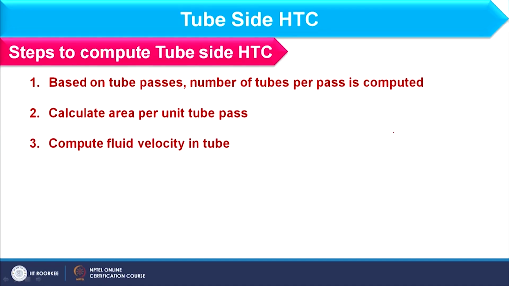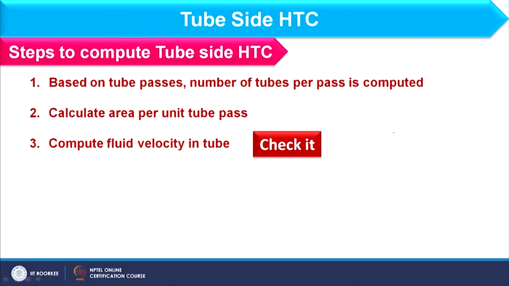And after that you will find the tube velocity, because area per pass you have already calculated and you already know the mass flow rate of the fluid, right. So, considering the density you can calculate the volumetric flow, that should be divided by the area per pass to give the velocity of that fluid in